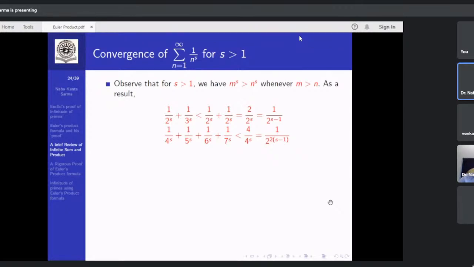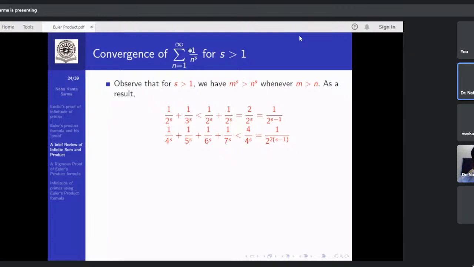Okay, then let us go towards a rigorous proof of Euler's theorem. So we saw that the series sum 1/n is not convergent. The harmonic series is not convergent. But some magic happens as soon as we introduce a new real variable s, which is greater than 1. You can easily check that